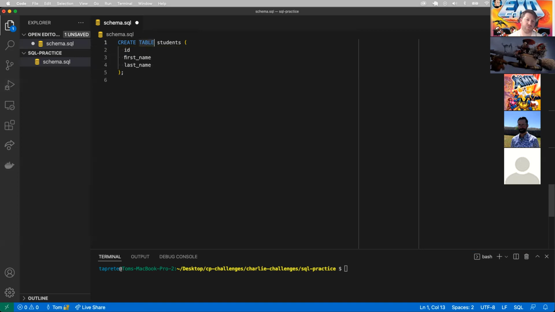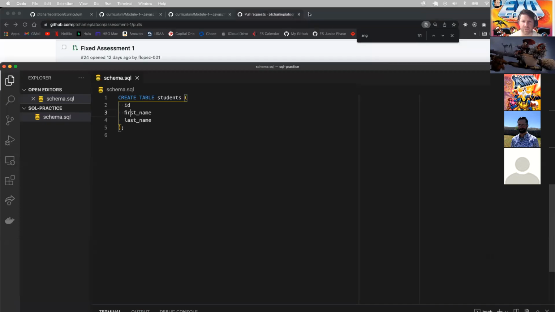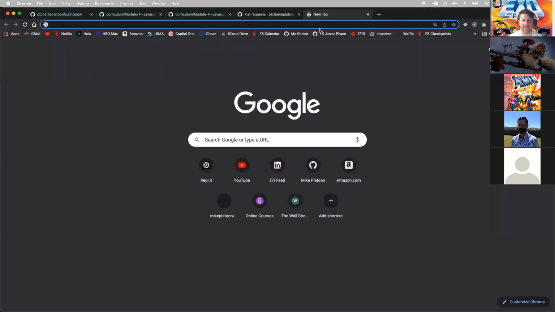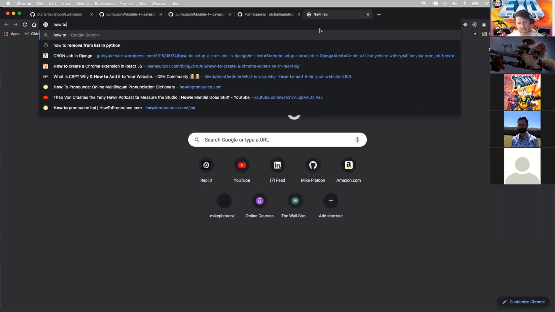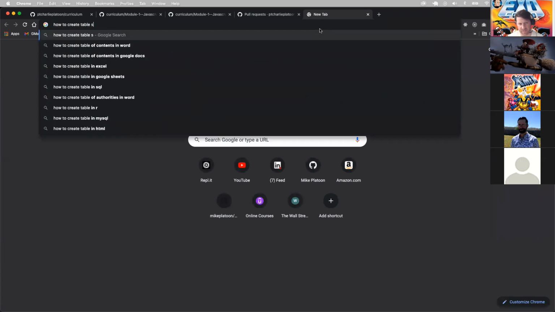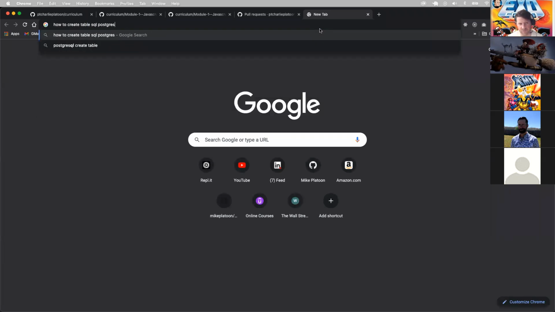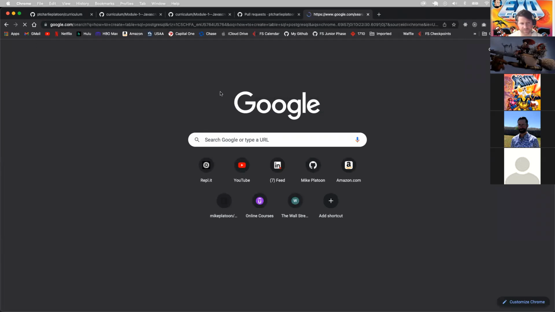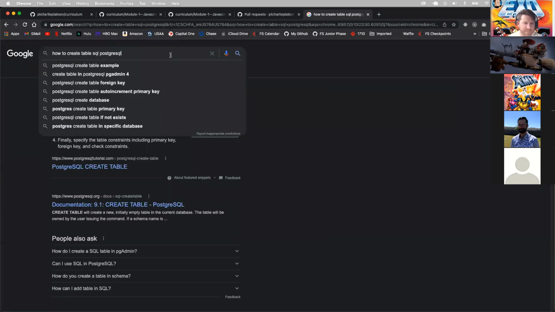I'm going to need to give each field a type as well. And I'm new, I don't know what to do. So I'm going to search how to create table SQL PostgreSQL. I should do an example as well. Okay,